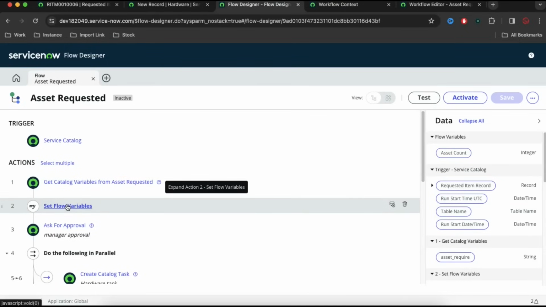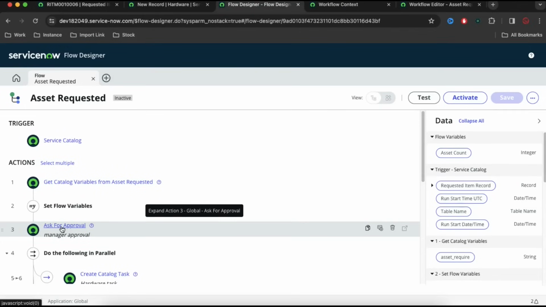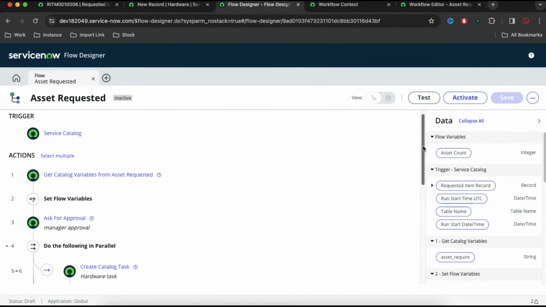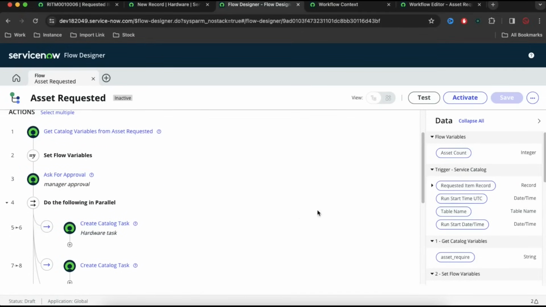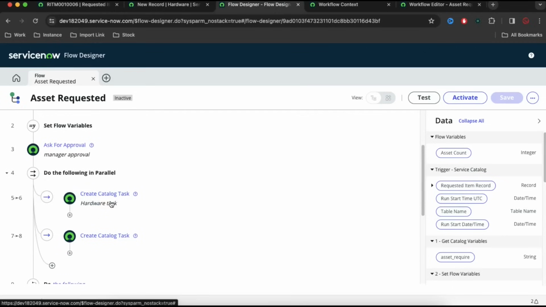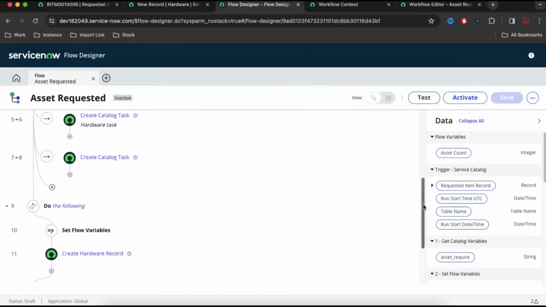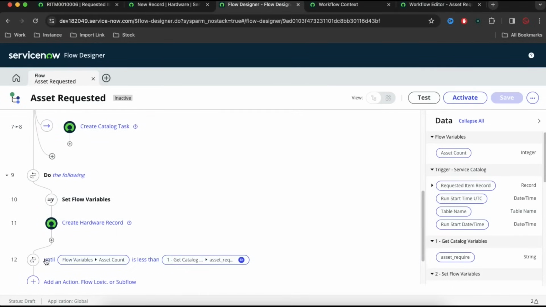Then we have created a flow variable. That flow variable will be set to 0. Next, we'll go for the manager approval. The moment the manager approves that, we'll create two catalog tasks, one for hardware and one for software. Once these two are done, we'll run a flow logic, or you can say the for loop